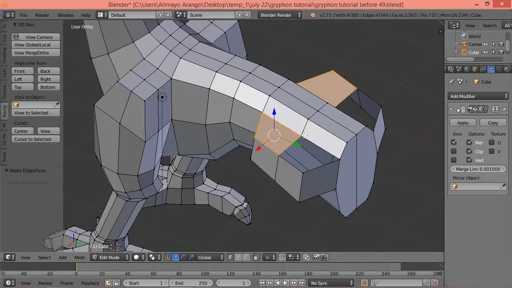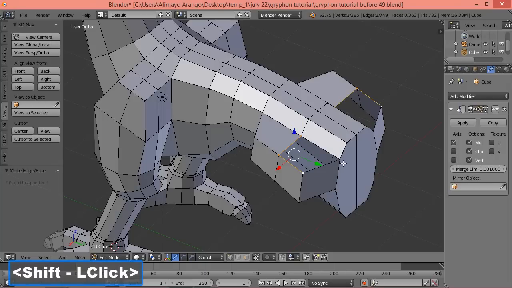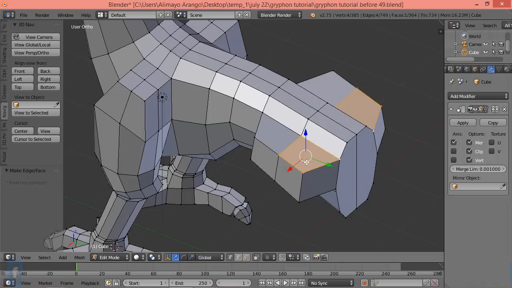So now we're going to do the same thing again. I'm going to select here, hold Shift, select here, here, and here. Then I'm going to press F to fill in the space between those vertices there. And then just like we did before, to have more geometry so this can be rounded out a little bit later on,